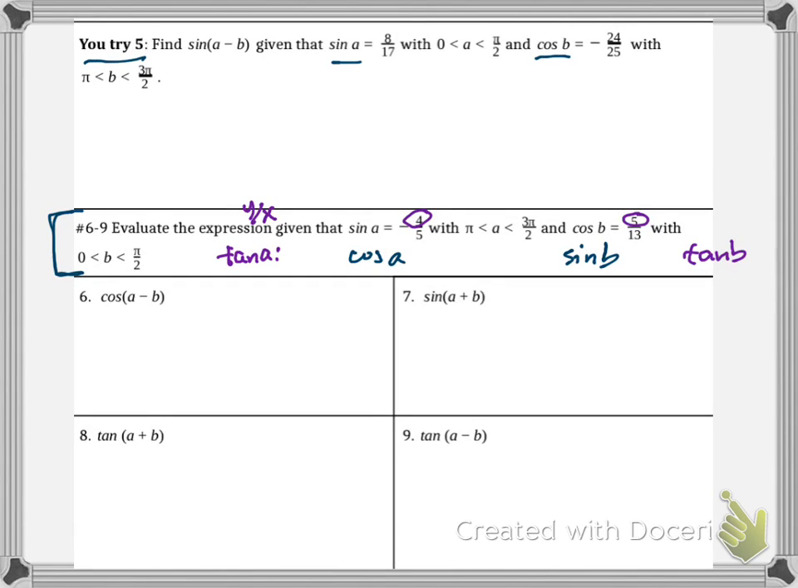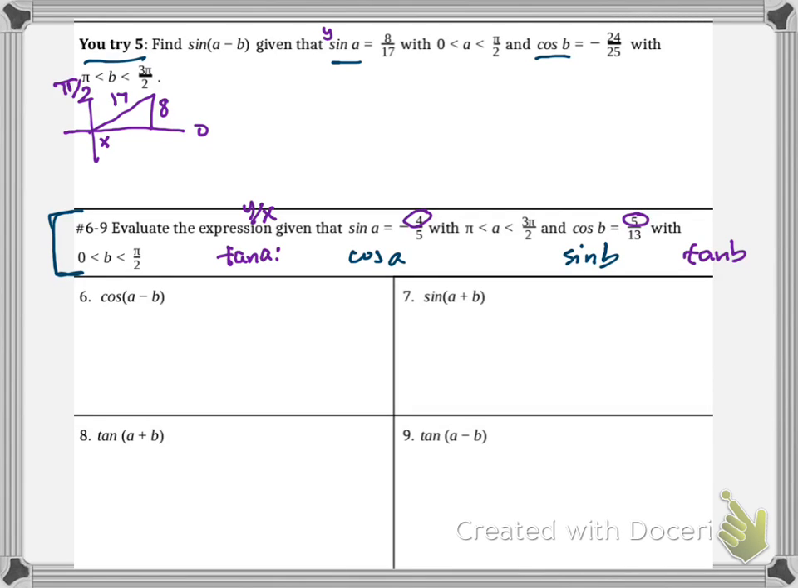So here's the worked out example for number 5. We're given sine of A is 8 over 17, and it's between 0 and pi over 2. So in that case, we know that it's in quadrant 1. So this is 0, pi over 2. Sine is our y value, so y over r. So we know that our y value is 8, the r value is 17, so you have to find the